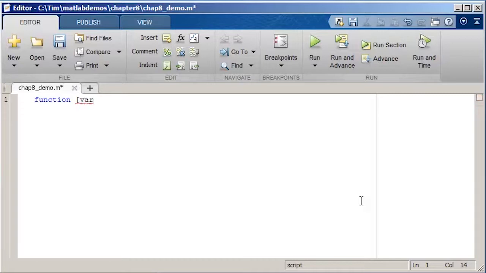var_1, comma, output2. Then close the square brackets. Next, I need to type an assignment operator. The function name goes after the assignment operator. It's a good idea to make the function and the name of the file the same. So I'll name my function